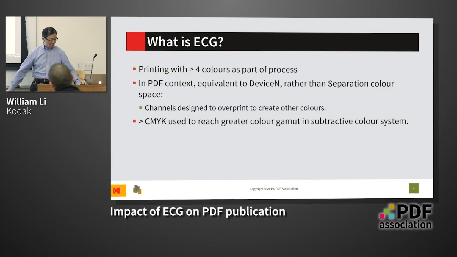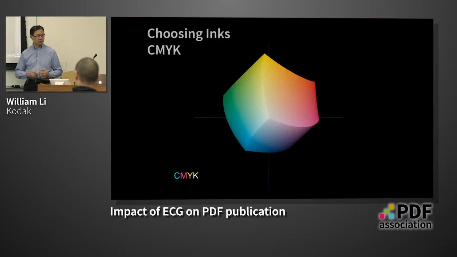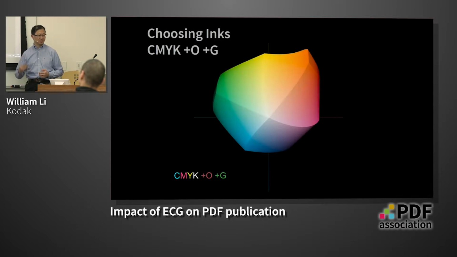Okay, so that's all the preamble I'm going to do for the time being. It's the idea of using overprints to create other colors. But you can start with CMYK. People do this because if you have CMYK, you can get a certain number of colors. You get this sort of a fakery projection view, which doesn't really tell the story, but forgive me, allow me